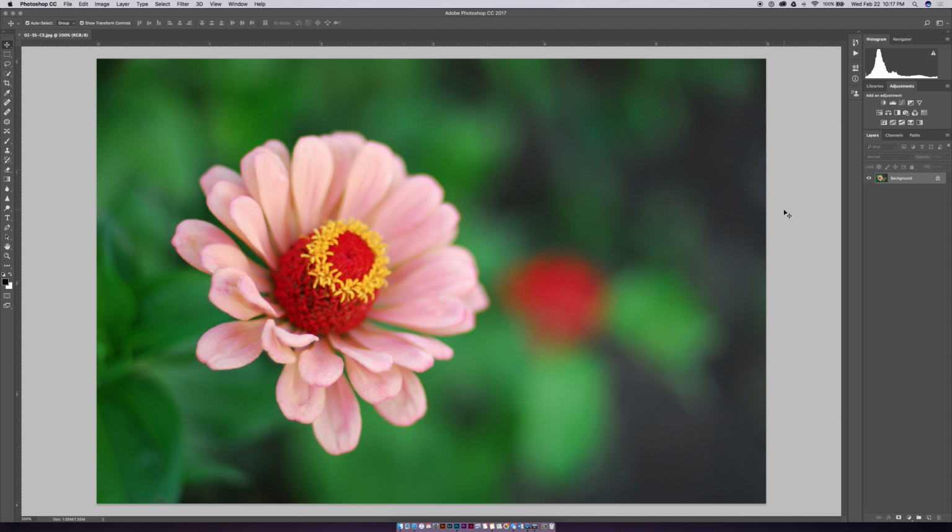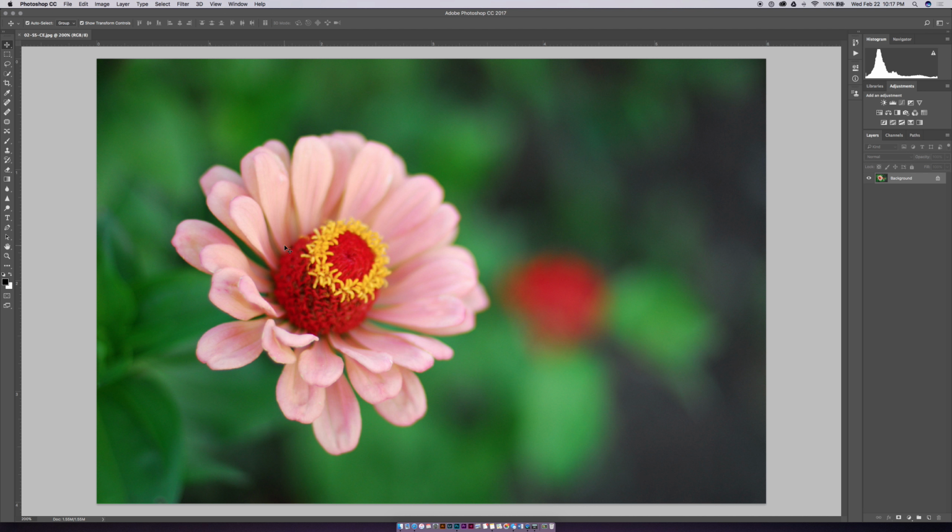So in this video tutorial, I'll be showing you a little bit more about sharpening in Photoshop. So I have this image of this flower, and as you can see, it's a bit blurry, and so I want to sharpen a focal point in it, which is this flower. And so in order to do that, I'm going to open this image in Photoshop, and first I want to